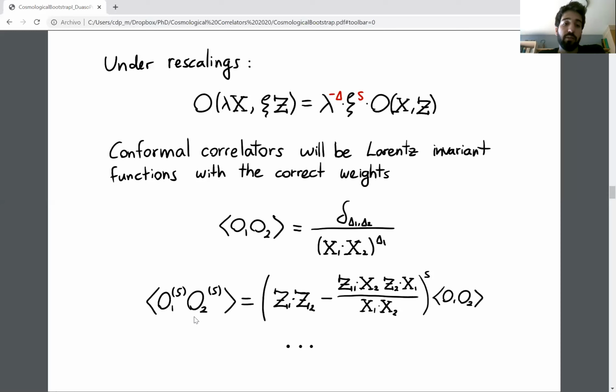If the two operators have spin, then the thing is the same. You can write only two kinds of objects with the correct scaling under the rescalings of the coordinate z, and these two objects are this and this, and the relative coefficient is fixed by transversality. And then the correlator is just this object here. In the same way, you can write 3-point correlators. They are totally fixed, and you can also try to write an ansatz for the 4-point correlators. And you'll find that they are defined up to an arbitrary function of 2 cross ratios.